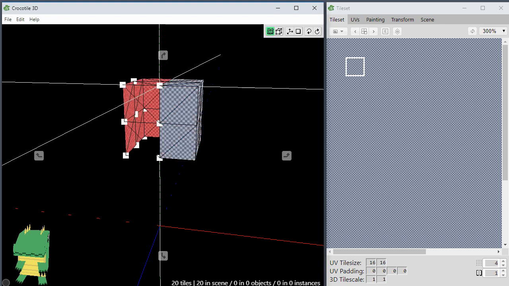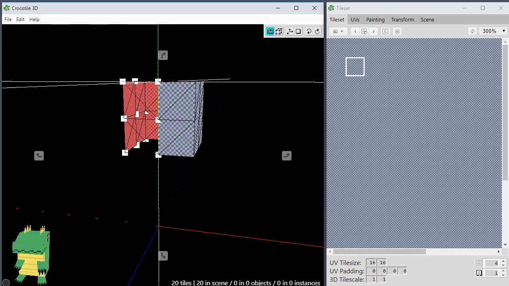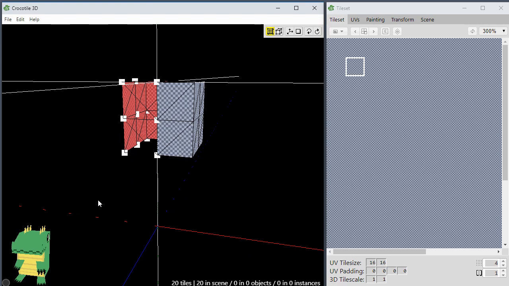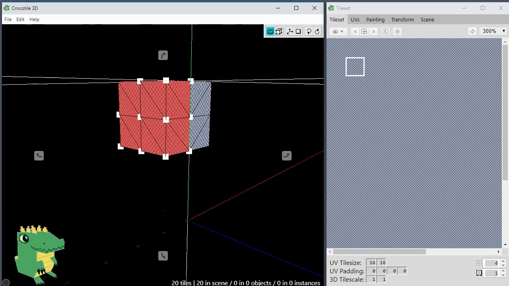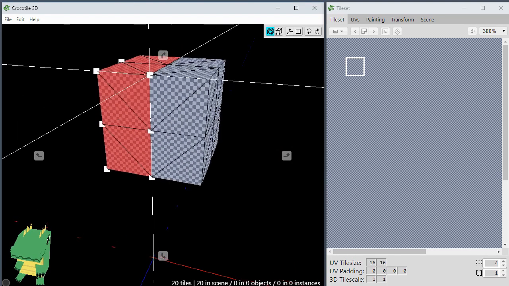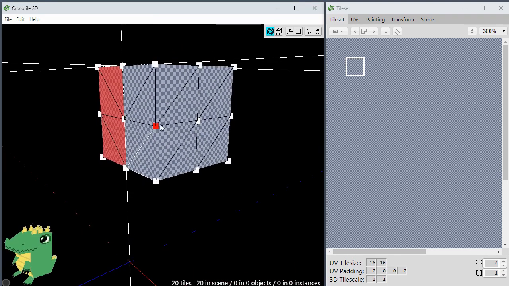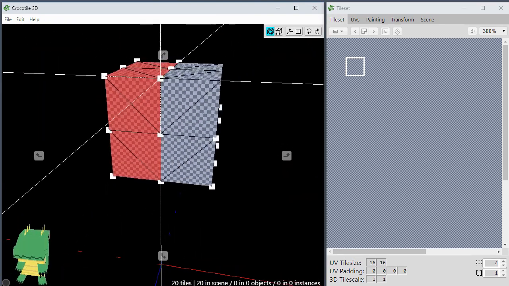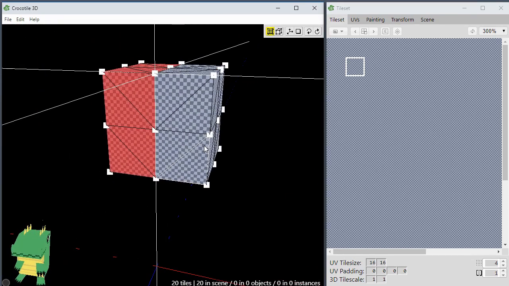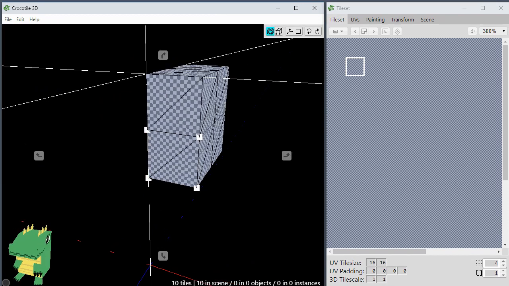R to mirror it. And when I mirror it, those tiles are inverted, so I could hold Shift, press R to reverse them. And now I have the other side, which is duplicated. Okay, so that's one way to create symmetry in your models, but I'm just going to delete that for now. Another way you could do it is